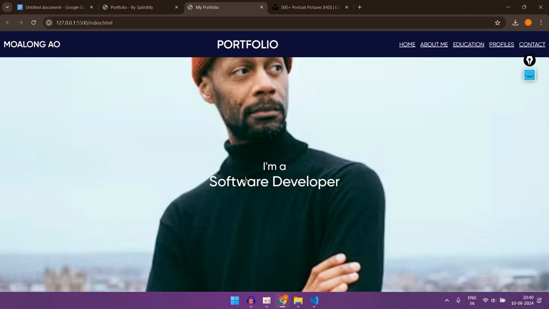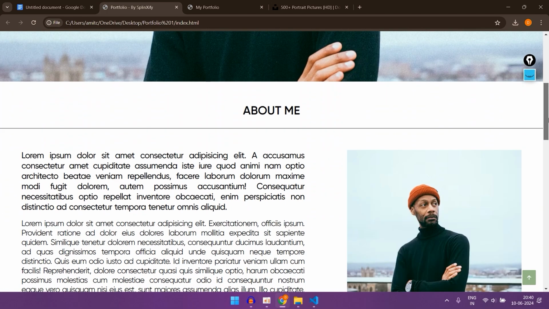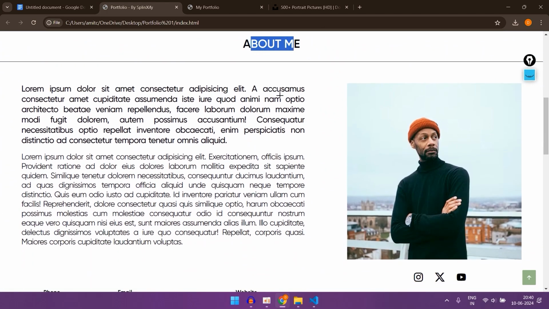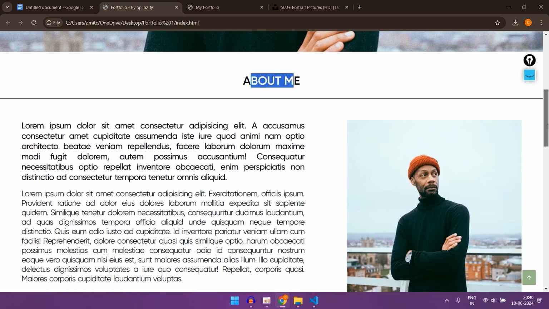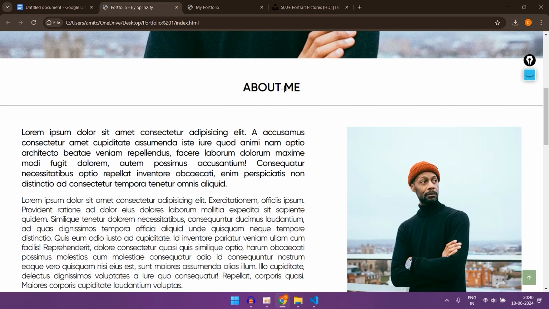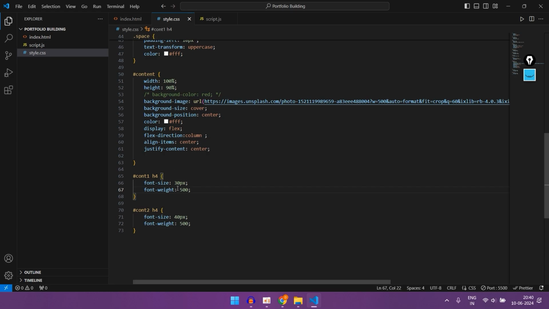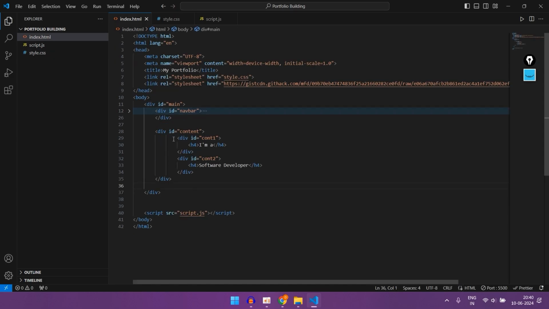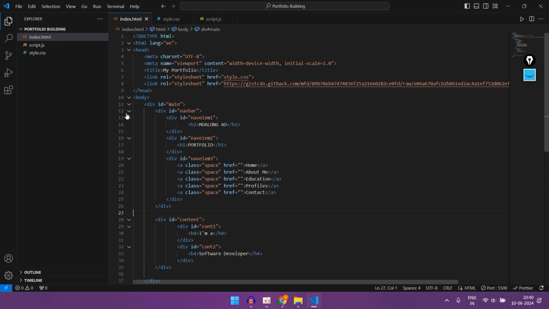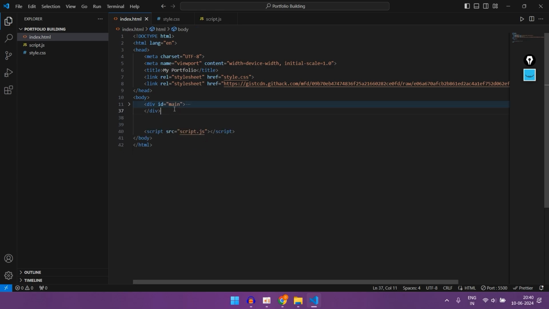So if you go to this, you can see the next section says About Me. First, before going to the next section, we need to write this text, About Me. So let's do that first. You can go to the HTML. We're done with this part as well, so you can close this whole div. We're done with the main section. So the next thing is,